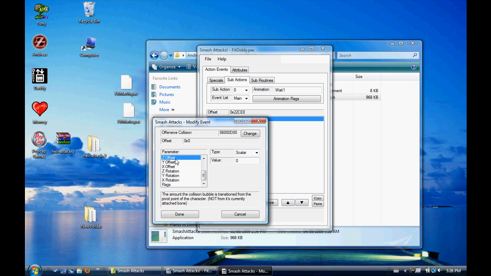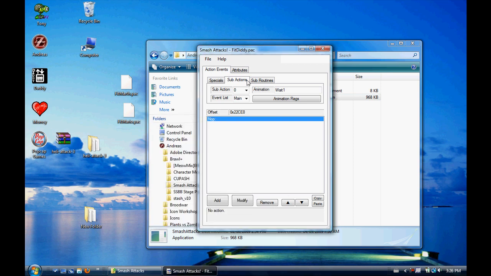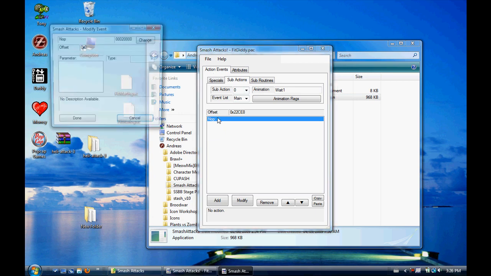So this offset is, if it's like a weird thing, like Link's sword, I don't believe the sword is actually a bone. So that would have to be an offset if you want to hit someone with the tip of your sword. Rotation. No one knows what this does because bubbles are perfect spheres, as it says below here. Flags. Again, they do a bunch of stuff, but you will most likely not be getting into that.